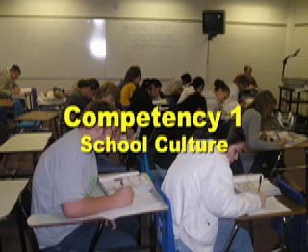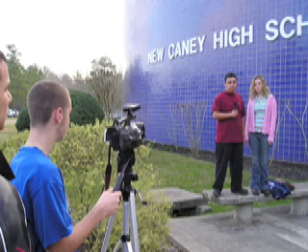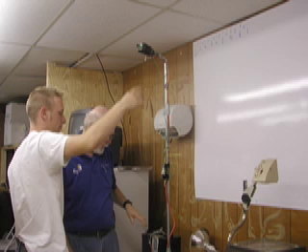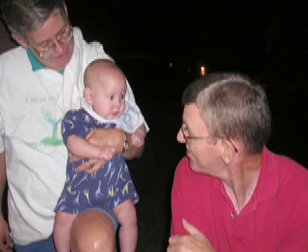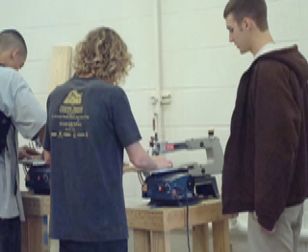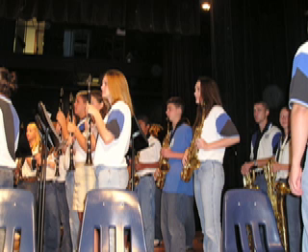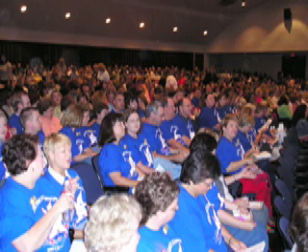Competency 1 looks at the culture of a school. Schools and communities surrounding them develop personalities and expectations. Principals must determine which educational needs are greatest for a community and set reasonable expectations for what students should achieve. Some school cultures merely want a student to graduate, while other school cultures expect students to graduate with grades good enough to gain entrance to prestigious universities. The principal helps create a vision of what a school could be through collaboration with a group of diverse parents, community members, and school staff.